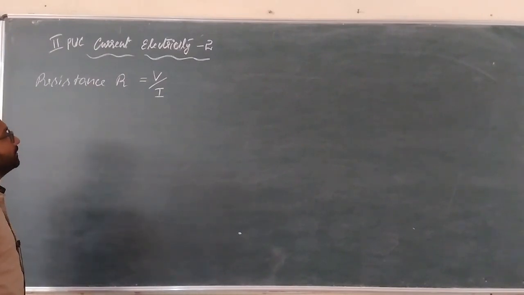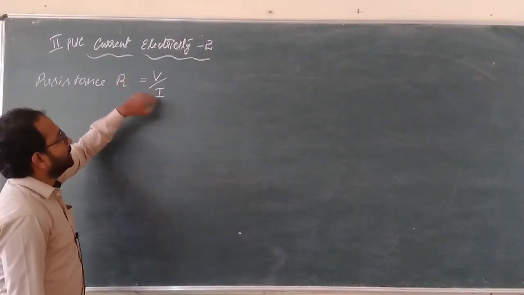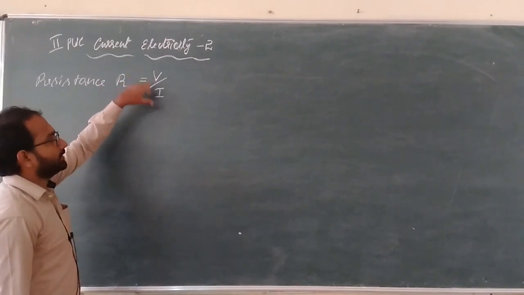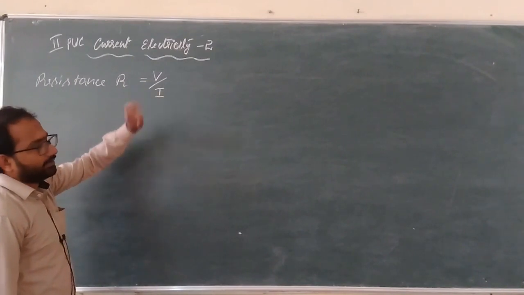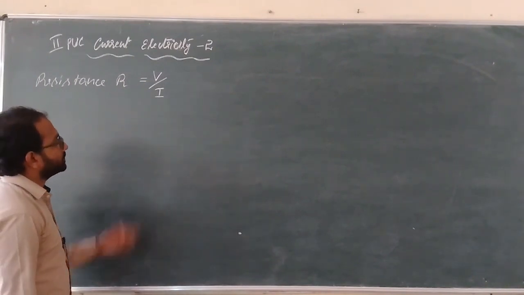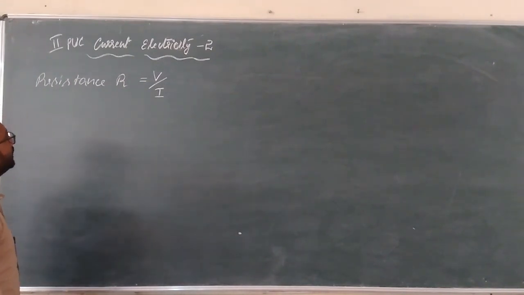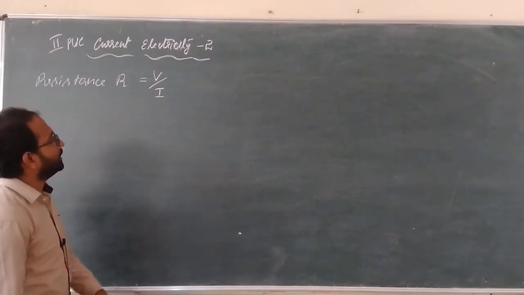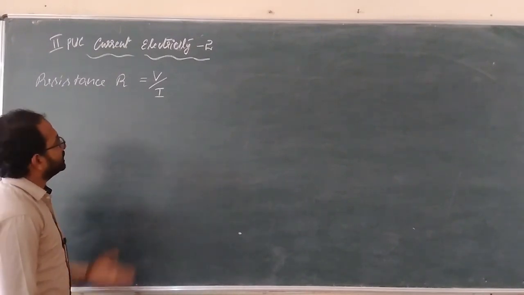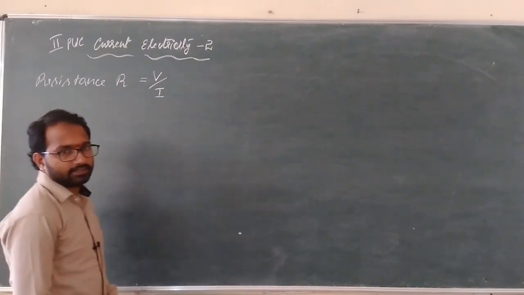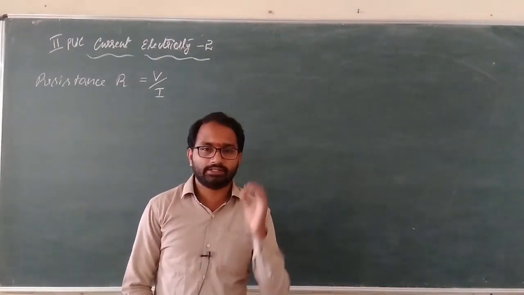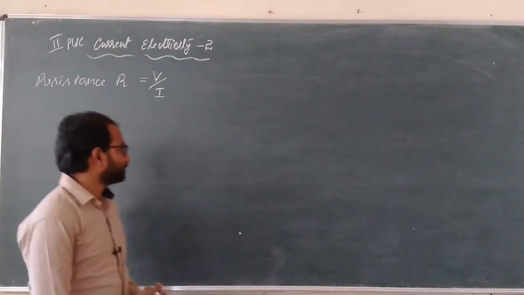Resistance R: using Ohm's law, resistance R can be calculated using these two, voltage and current. You just take the ratio of the voltage applied across the ends of the conductor to the current flowing through it. So take the ratio of those two, and you are calculating what is called the resistance of the conductor, whose unit is ohm. Resistance of a conductor can be defined as the opposition offered by the conductor to the flow of current.